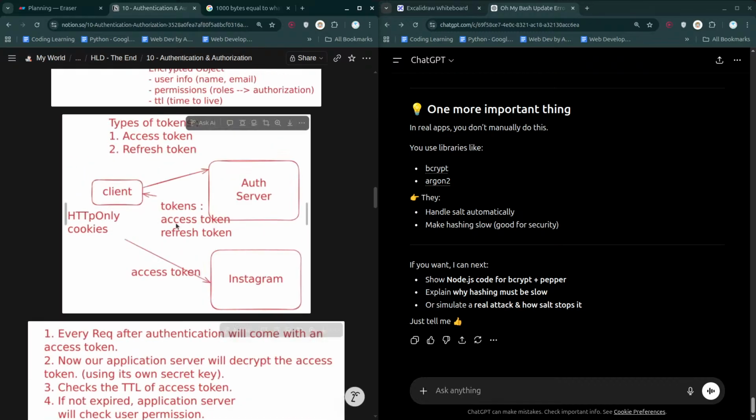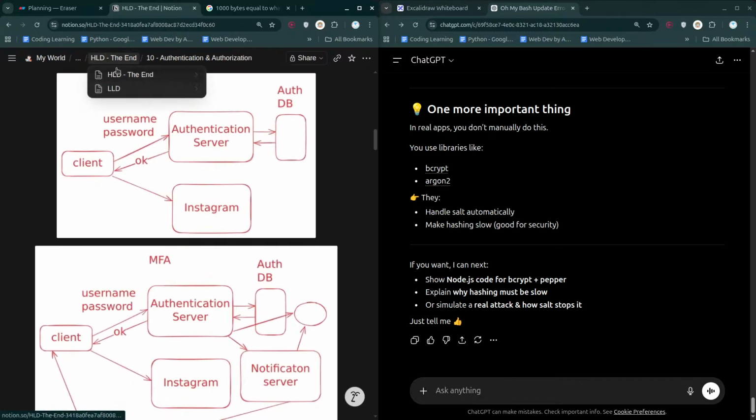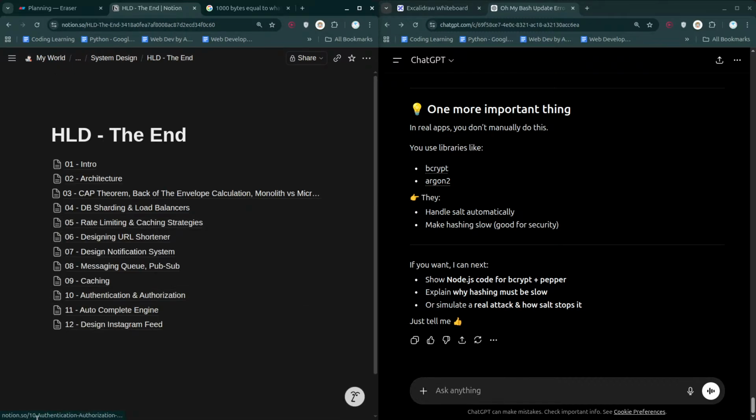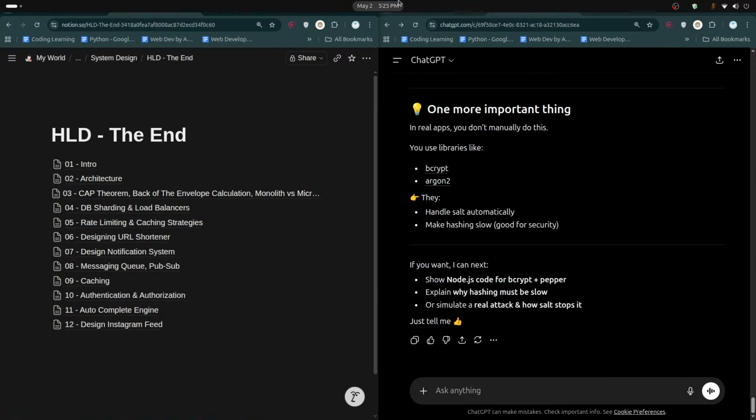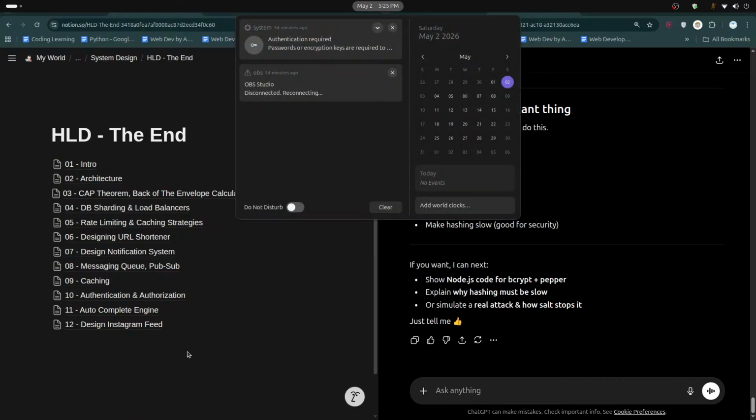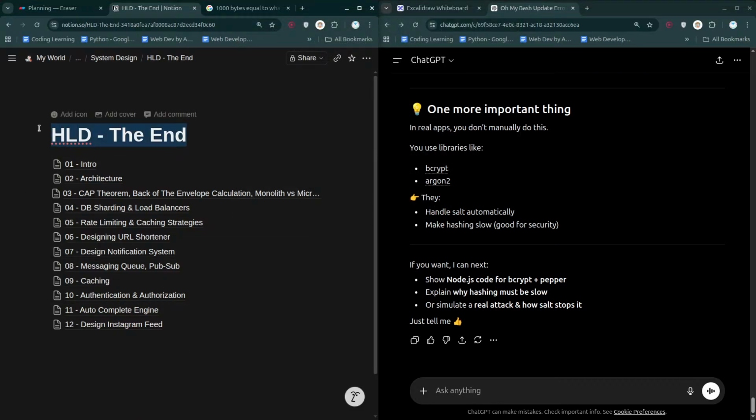Okay, so this is the thing that we have already gone through, and lastly we have a few more things remaining. First of all, the autocomplete engine. This is the engine that we are going to be working on. Again, this is going to be high level architecture, high level design, and then designing the Instagram feed, how it works. These two things are remaining that we are going to go through after half an hour or something, or probably one. And once this is done, we will start working on the DSA part.